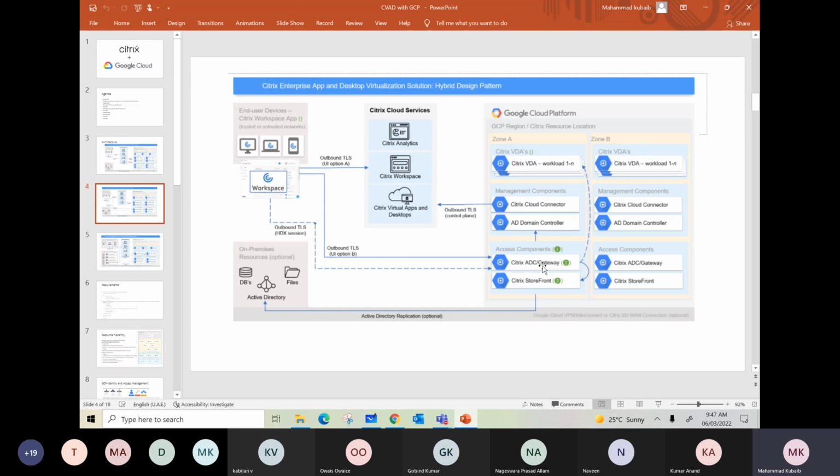So this is where we are going to deploy Citrix ADC and storefront in the cloud itself. Okay, so we are managing this storefront and gateway as a customer. And one more advantage here is, if you use the cloud gateway, you have to use the FQDN to connect, which is customername.cloud.com. Okay, you cannot use custom names, but